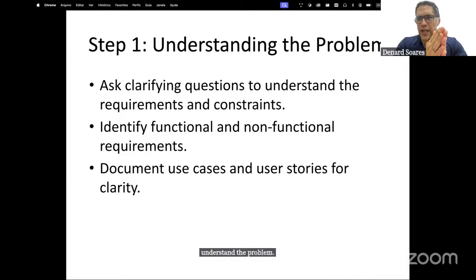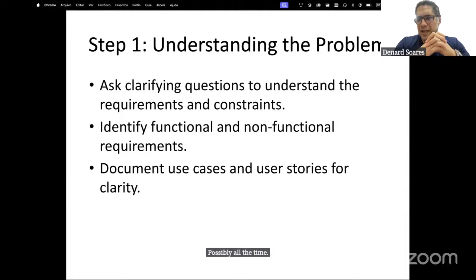That goes without saying, okay? You must understand the problem, and don't be afraid to ask for clarification, possibly all the time.